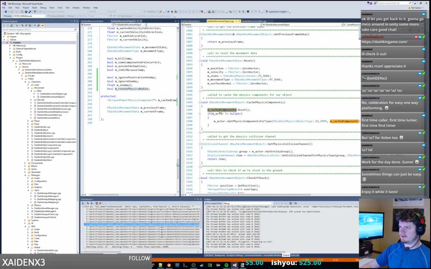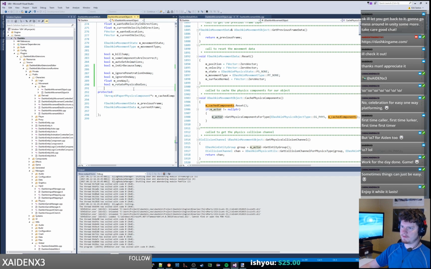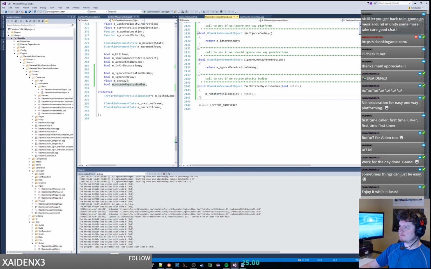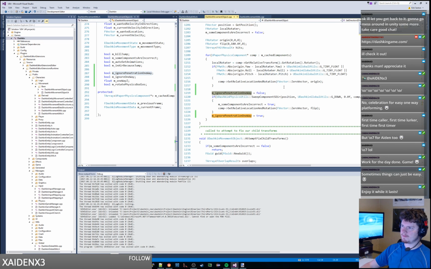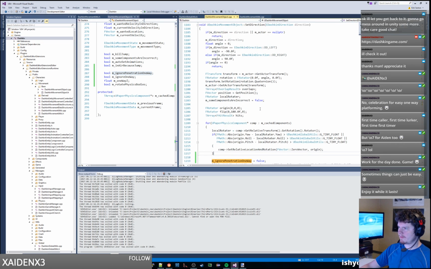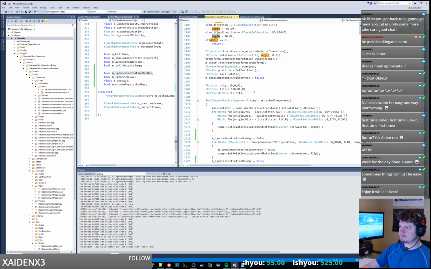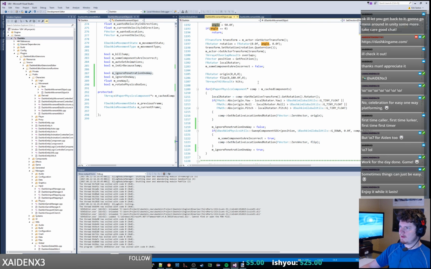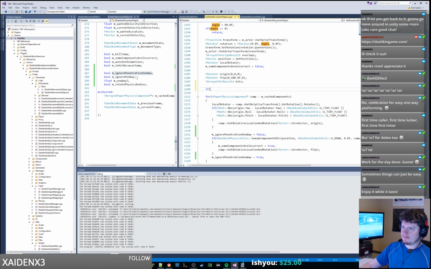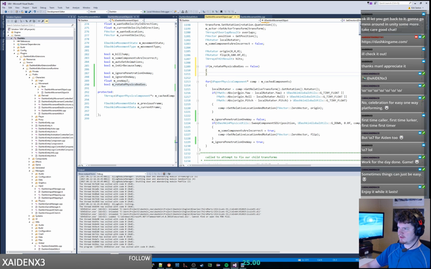I think we're just gonna turn on the never rotate physics stuff. Alright, so if rotate physics bodies equals false, then what we want this angle to be is basically, we want this angle to be